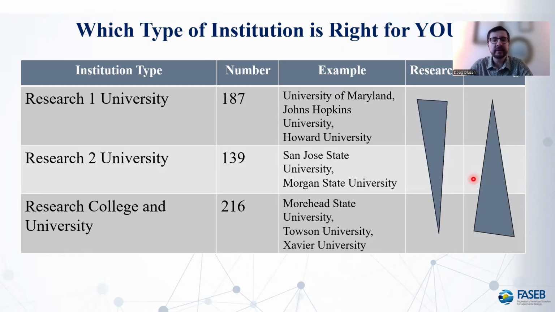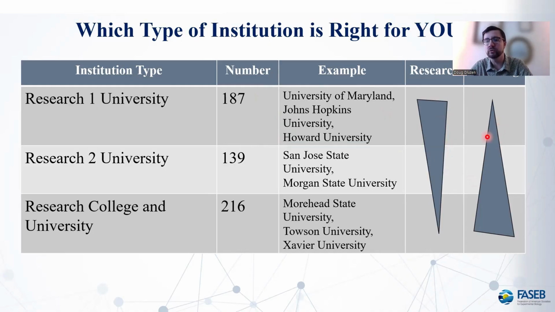Now, when you're determining what type of research institution is right for you, you want to look at not only the infrastructure that's there, but also the types of responsibilities. Typically, and I put this loosely in quotes, at an R1 institution like the University of Maryland or Johns Hopkins, for a lot of faculty appointments, you're going to be required to do a heavy amount of research and some teaching. Now, this might vary between schools. If you have a School of Medicine appointment, you're predominantly going to only be doing research and grant writing.